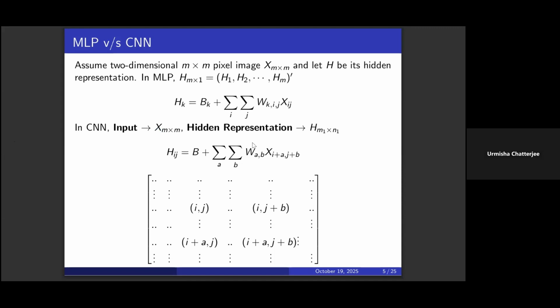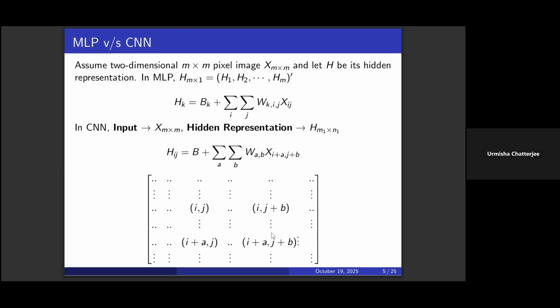However, when it comes to a CNN, the input m by m image directly goes into the operation, and the hidden representation is also a two-dimensional array, say some m1 by n1 representation. Then at each position, it considers a smaller section of the original two-dimensional image. For simplicity, I'm not taking RGB images into consideration. Suppose our images are grayscale, that is two-dimensional images.